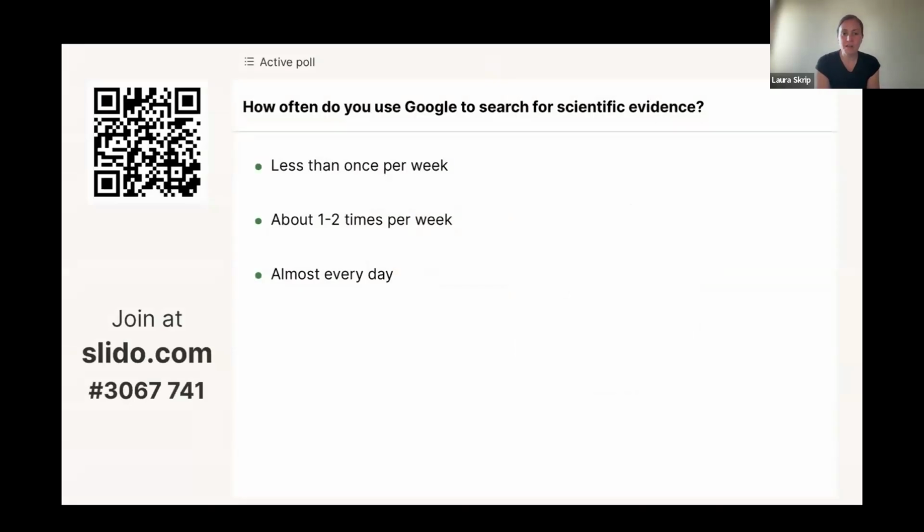But I just want to see where everybody is in terms of already conducting literature searches. So I wanted to better understand from the audience how often you use, say, Google to search for scientific evidence. If you want to participate in this poll, you can just snap this QR code, or you can go to slido.com and it'll prompt you to put in a number and then this poll will